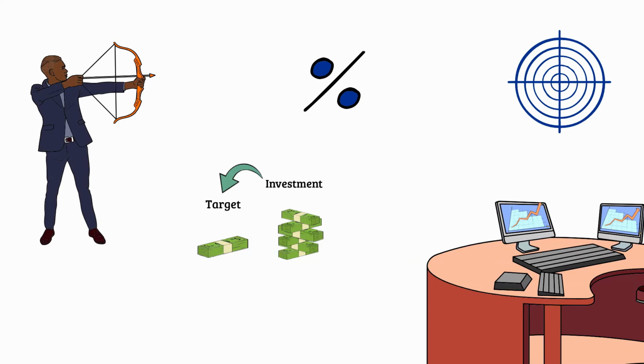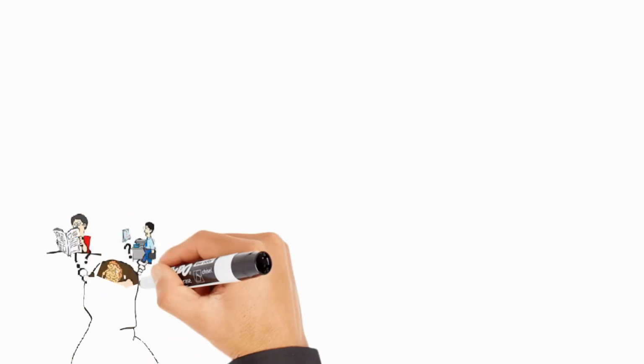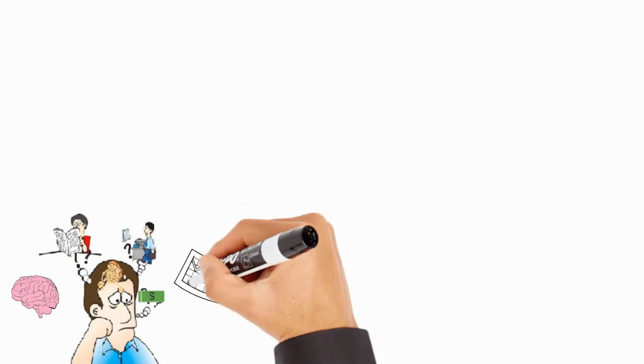Next, we need to have an actual plan for how to get there. And we need to make a calculation for how many positions, in what size, we need to open, and what kind of price movement we need to be targeting to reach the target in a set time with risk mitigation.